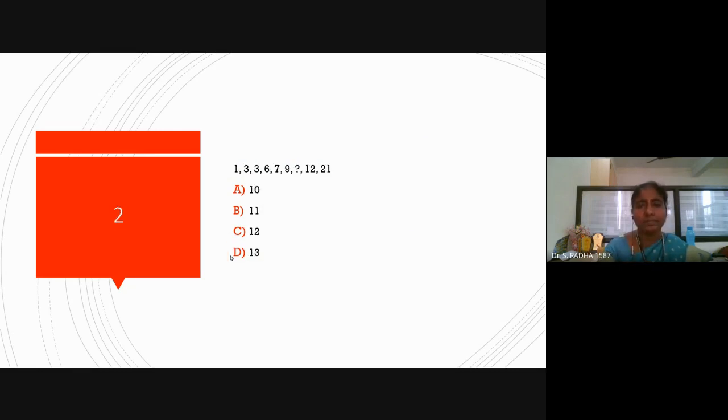Here, at least try this question mark. What is the missing number? Just observe. You can check 3, then 6. Not only continuously, alternately also there may be some logic. Alternately we have 3, 6, 9, 12, next comes 15. Then in the odd locations, after 1 it is 3, after 3 it is 7. We don't have any question mark in the even locations, only in the odd locations.